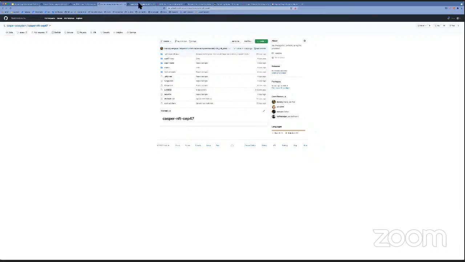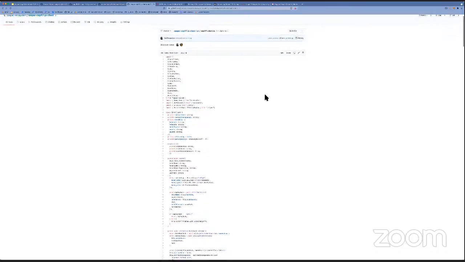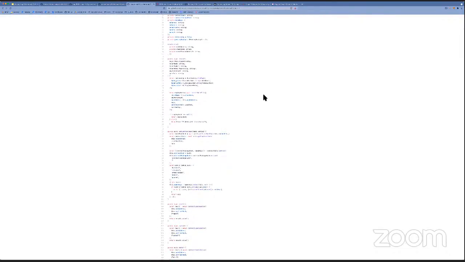On top of that, we already prepared a JavaScript library that tremendously helps you to interact with the smart contract. It's again in our Casper ecosystem organization, Casper-CEP47JS client, where you can see how you can use this library to power up your very own dApp that is based on NFT concepts. If you are willing to create this kind of platform or software, please check here. I think it's a great entry point, especially for full stack front-end developers who want to start playing with NFT concepts.